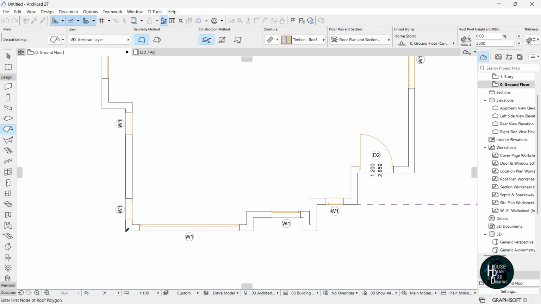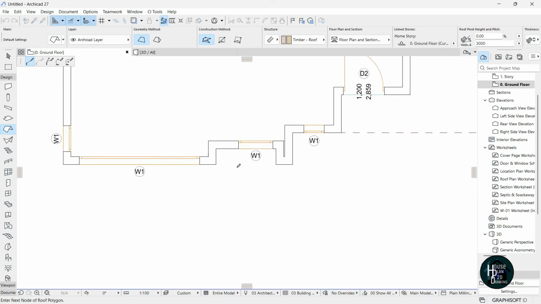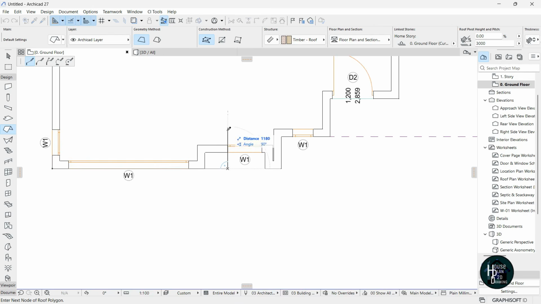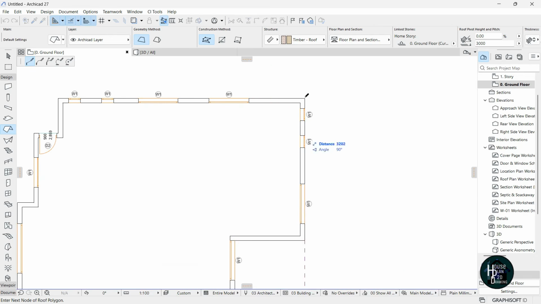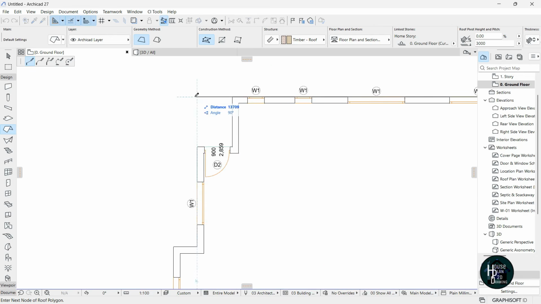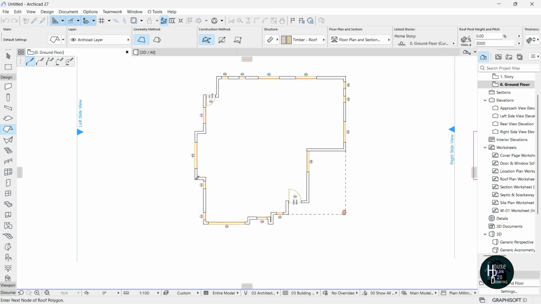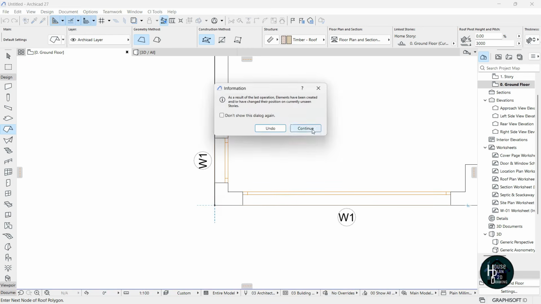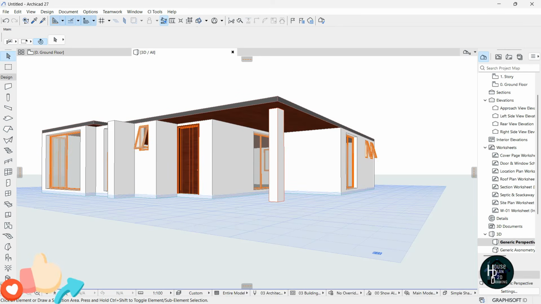Now the next thing you want to do is click and start sketching out. Once you stretch like this, hold on shift on your keyboard and click here, then take it inside like this, hold on shift, click here and stretch it like this, click, come back to the side here, click here, click here, click here and come back here to click and click on continue. Once you finish doing this, let's go to the 3D model